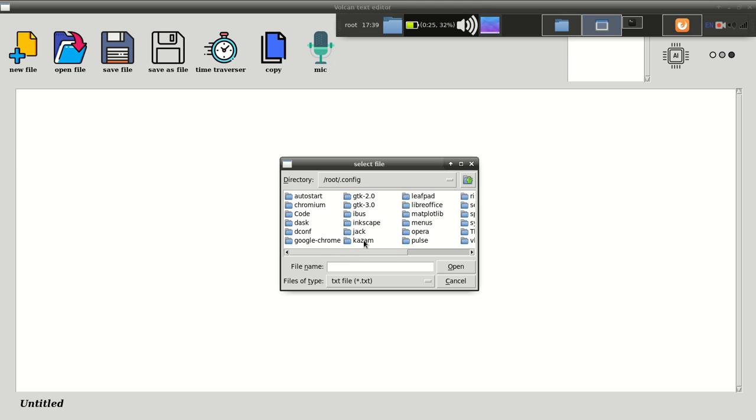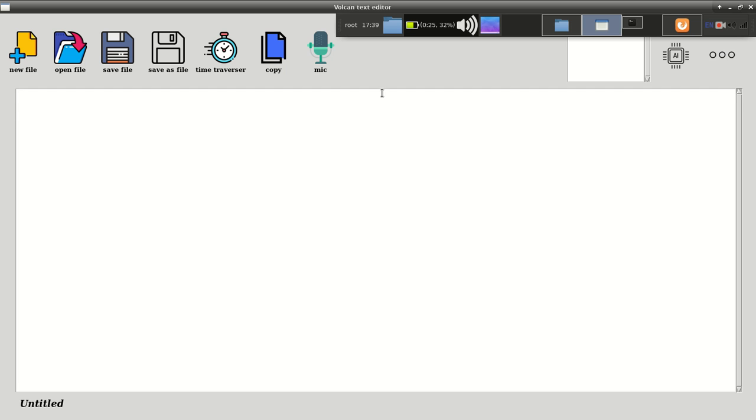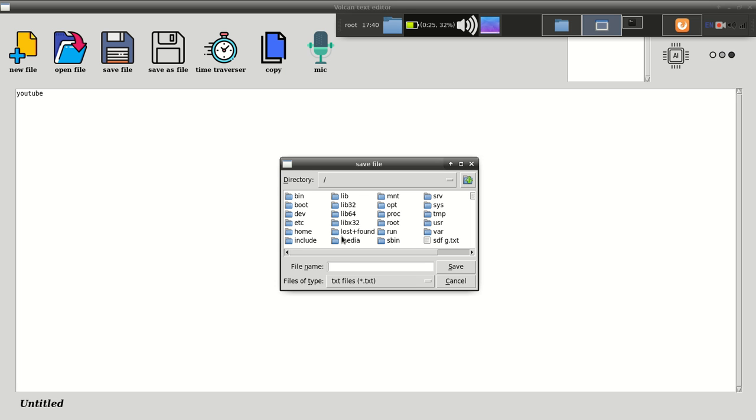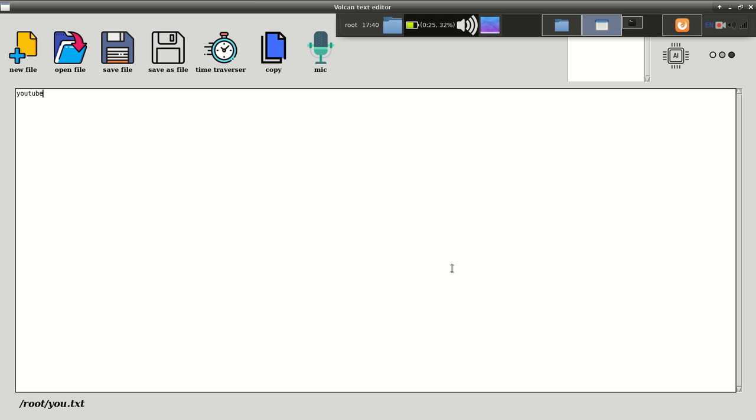You can see over here I am in the root directory, and we saved the file root YouTube, but it hasn't saved till now. So let's type again YouTube. Let's save it with u in root. Let's see what now.